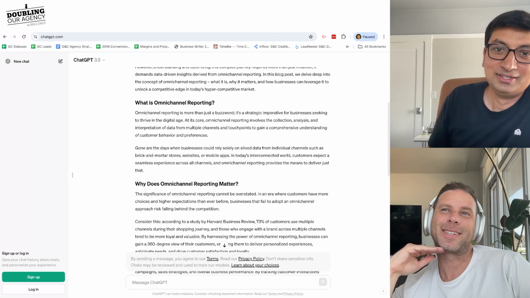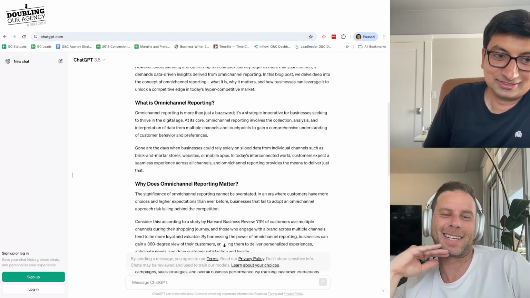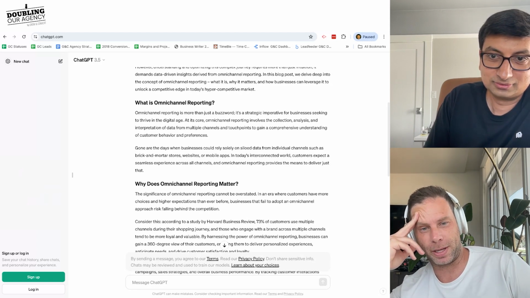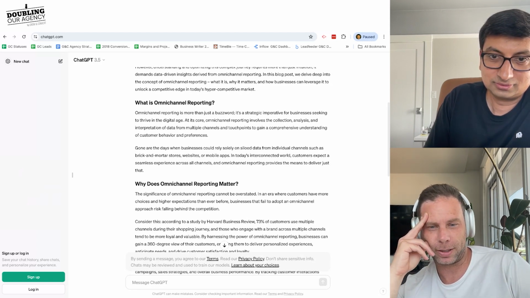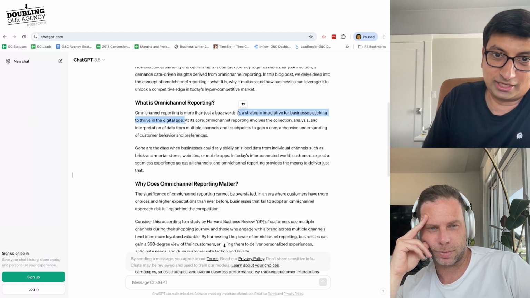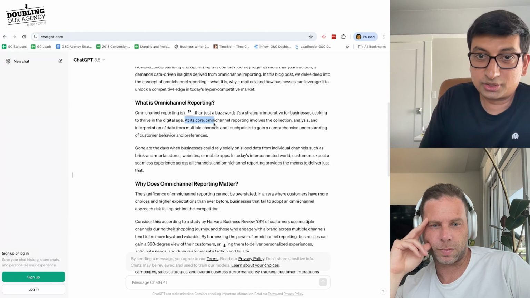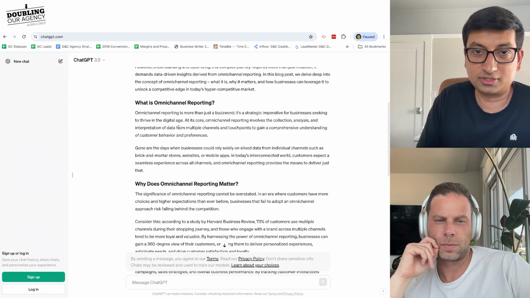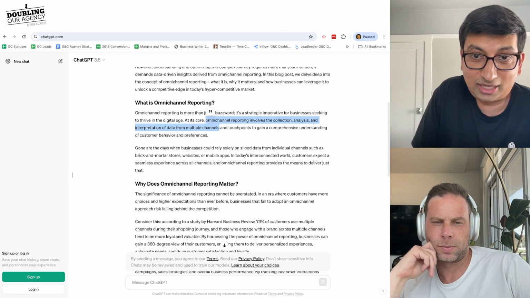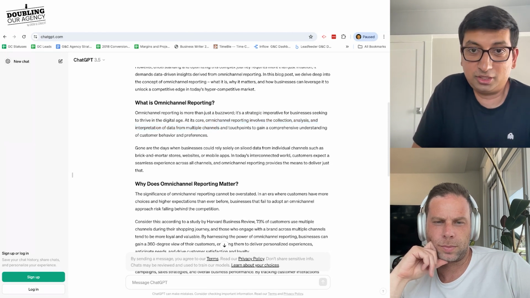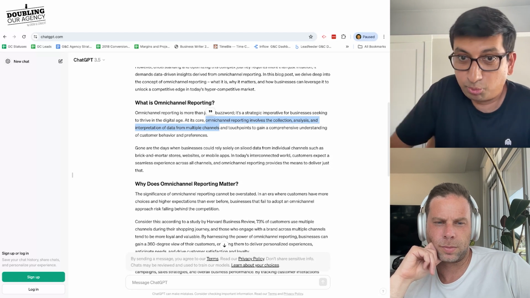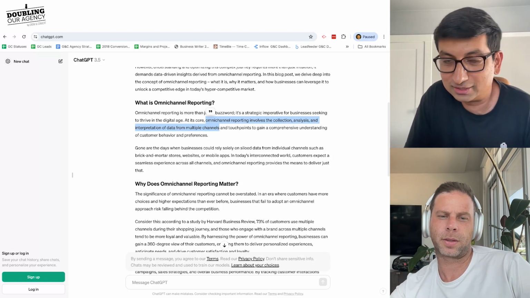Yeah, it's almost like hearing a corporate executive speak. And it's similar to how people introduce their pieces, as we'll see in future examples here. But outside of that really silly AI-written line, it says, "At its core, omnichannel reporting involves collection, analysis, and interpretation of data from multiple channels." That's true. Anyone's going to write that because that's what it is. That definition doesn't change whether a human or the computer writes it. The definition of omnichannel reporting is reporting from omni-channels, like multiple channels. That just kind of is normal.